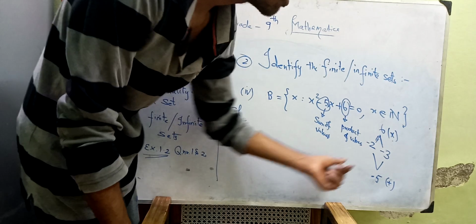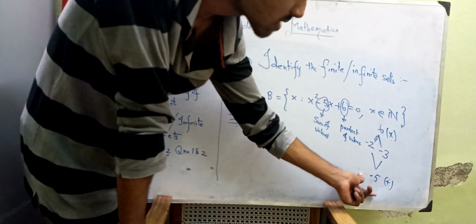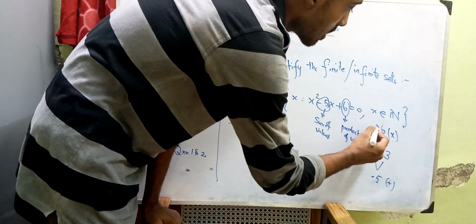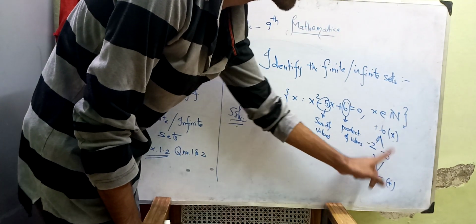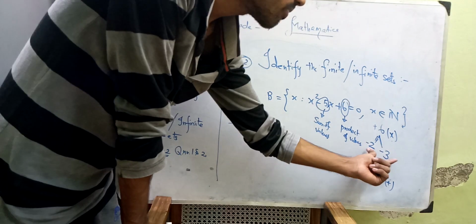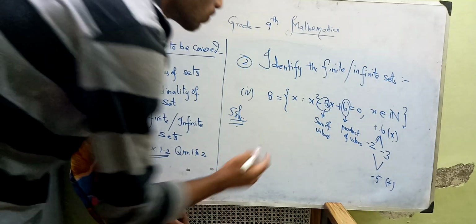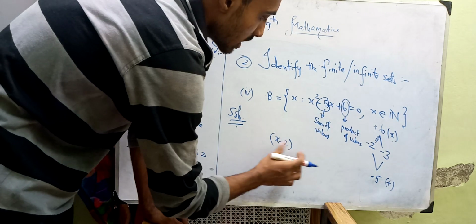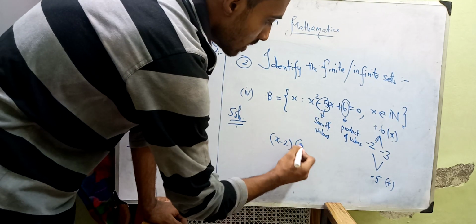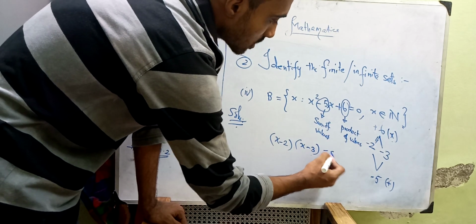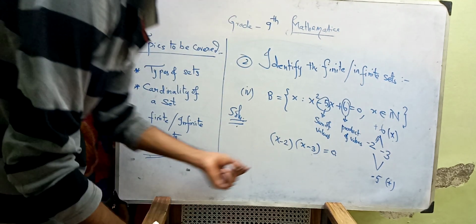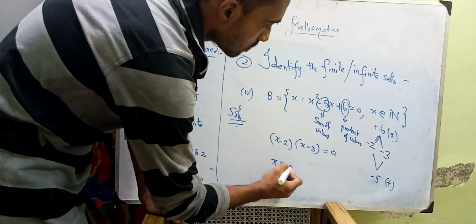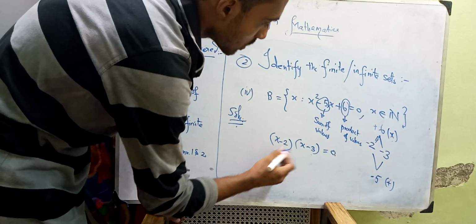Now let us see what happens. Minus 2 minus 3 is minus 5. Minus into minus is plus, minus 2 minus 3 is 6. So we can factor into 2. We can factor this equation into 2 factors. So x minus 2 and x minus 3 are the factors of the given equation, or you can say x is equal to,